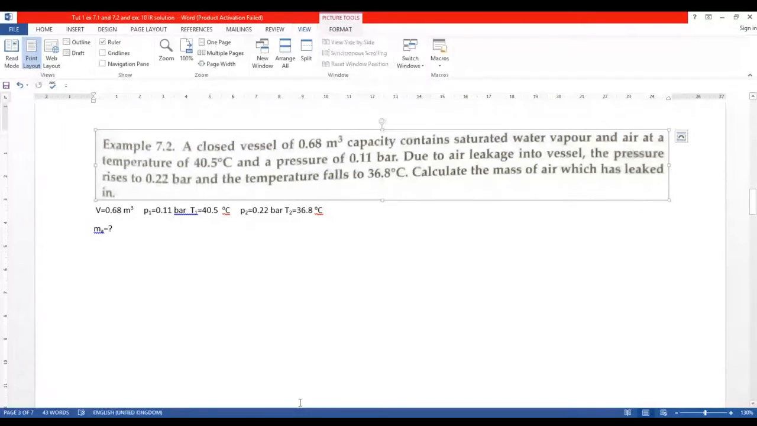Right, example 7.2. Now, in this question, you will see that most of the equations will be similar to what we have used. So we have a closed vessel of 0.68 meter cubed